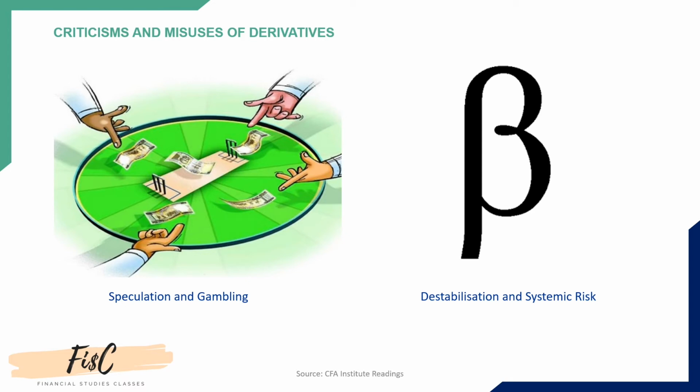But it is promoted by the government and by the agencies, because they are earning brokerages and taxes, and that's why they like this speculation and this intraday trading. The other issue with the derivative market is that due to this excessive trading, they are causing a kind of destabilization in the market, which creates a systemic risk in the market.